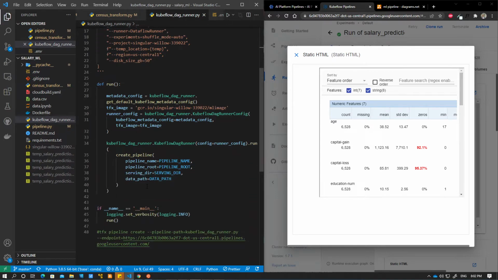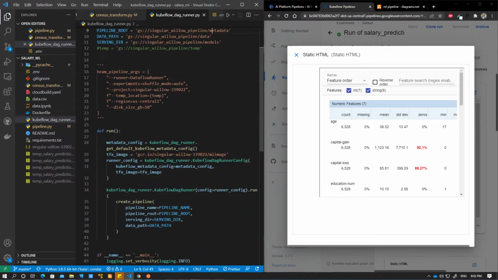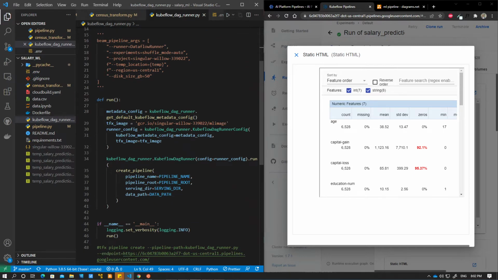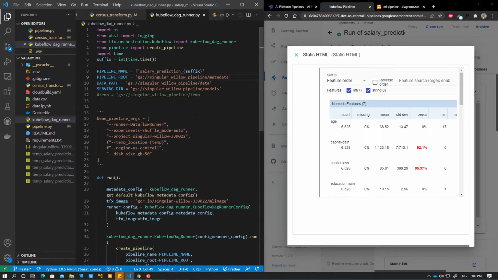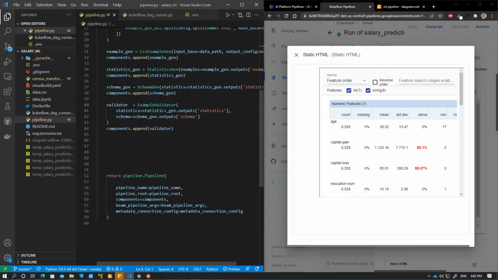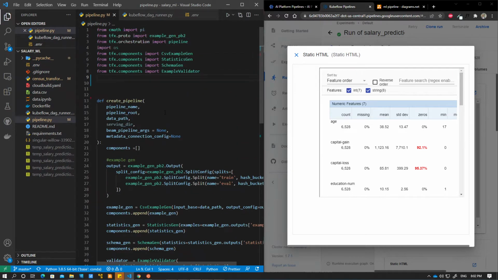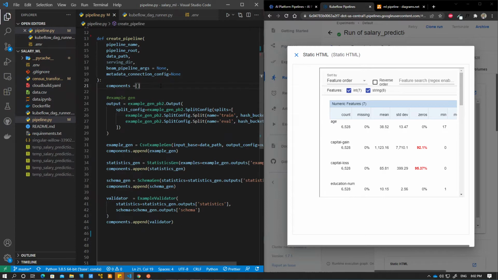And in the previous video, we passed the bean pipeline argument to this create pipeline function. So go ahead and remove that. And yeah, I think that will be it. We don't need to do anything else in the pipeline component. Okay,